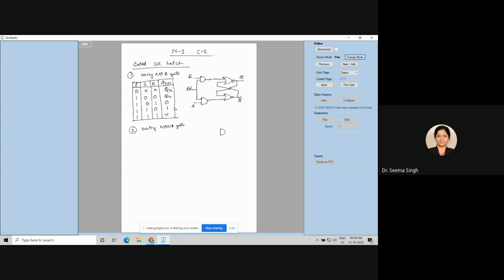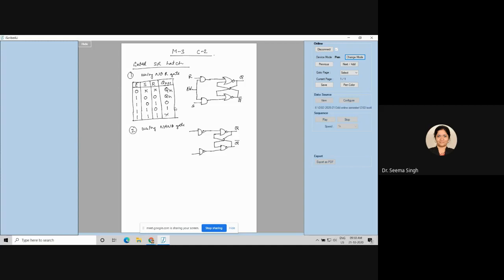Okay, so now I will make a gated SR latch using the NOR gate. Now you know that if I have this, of course you have a feedback for this one, as we have been seeing since yesterday. Okay, and you know that next you will have another NAND gate here, because you saw that for a NAND SR latch we wanted 4 NAND gates, and you remember that we were giving S and R here.